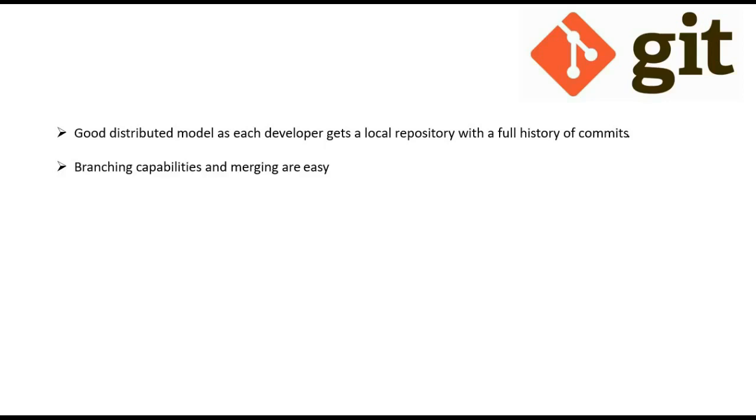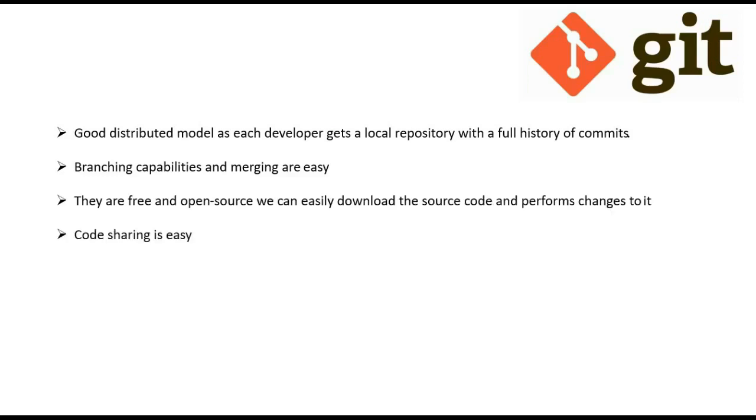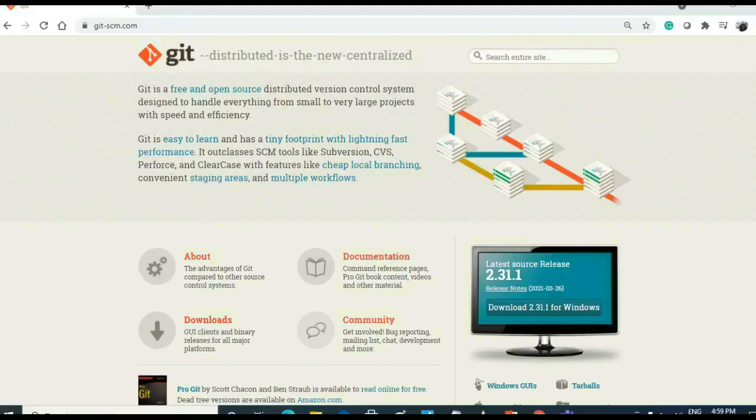So we can check what are the advantages of using Git in our project. As I explained earlier, different developers can develop code without depending on each other, and finally an integrator can integrate it into a single code. This is the first advantage of using Git as a version control tool. Next, it's a free version, and next, code sharing is very easy. In my entire video session, codes will be shared by GitHub only. So these are the advantages why I am using Git as a version control tool in our video session.